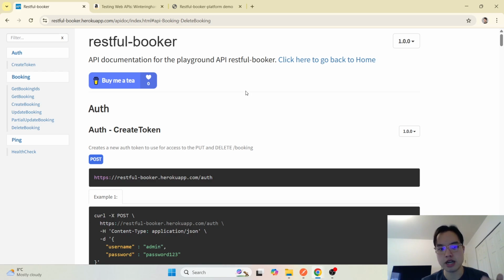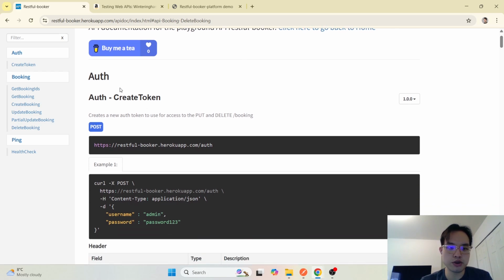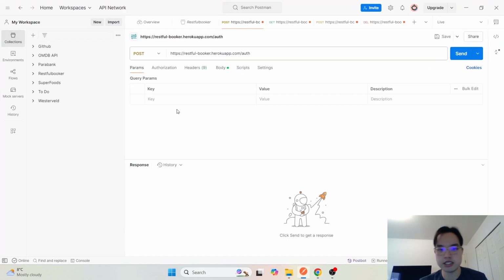But anyways, we'll start at the top and we'll start with the authentication. And so what this call is going to do is we're going to create a token, and this will help for any of the put or delete booking requests that we'll make later. But since it's at the top, let's just start with this pretty easy request. So we have Postman up here,